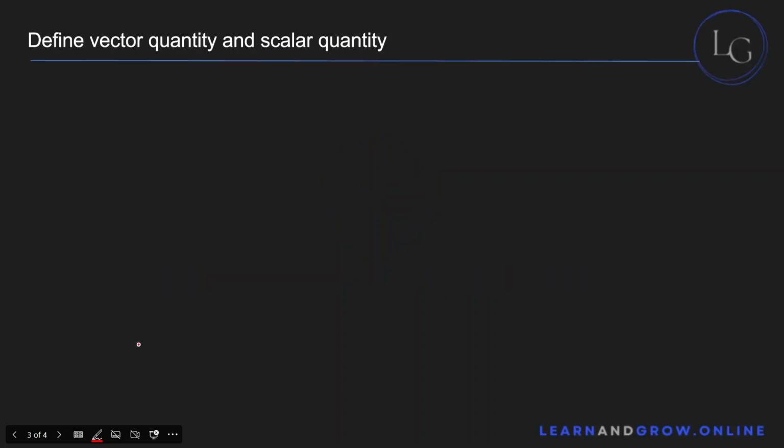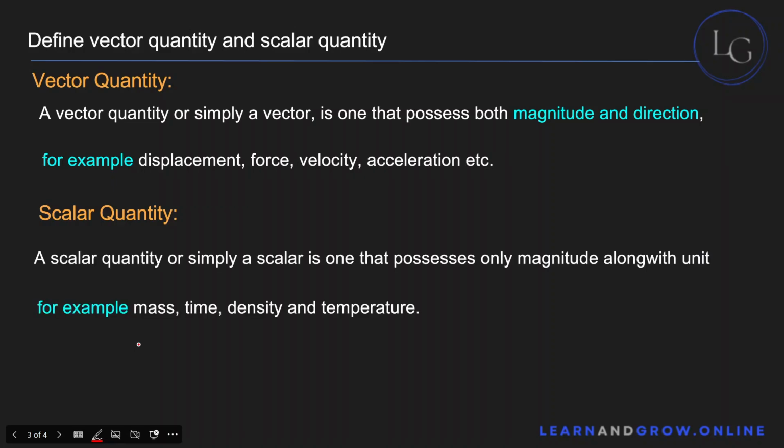Now, let's define a vector quantity and a scalar quantity. These are very important things that you must notice, because these two things are going to be talked about for the majority of your educational life, especially if you're going into physics or any kind of engineering program. Vector quantities and scalar quantities will be talked about almost all of the time. And that is why it is very important for you to have a firm grip on